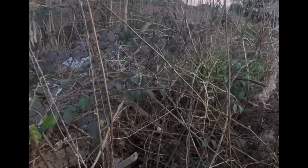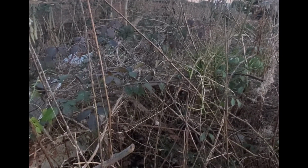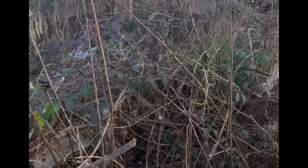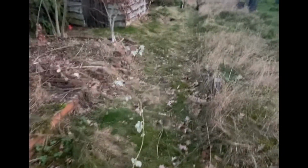And then that will leave the rest, that bramble patch there. But I might not weed kill it. I might try and tackle it after I've done the fence. Once I've done the fence and I've wood chipped all the wood and everything, then I might just try and pull out the brambles by hand, like I've done here. So now I'll get across here. So I'm going to show you the next main phase, and